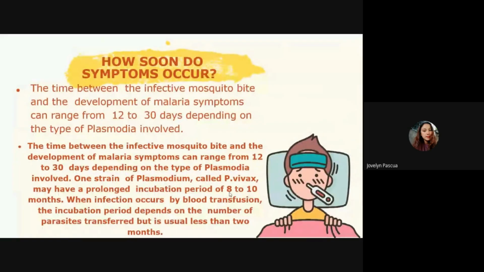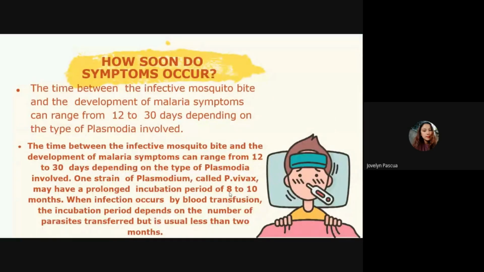The Plasmodium vivax, this is the isang species ng malaria parasite na typically nag-infect sa humans. And ito rin is isang protozoal parasite na nagsasanhi ng pagkakaroon ng sakit ng isang tao. And yung incubation naman na sinasabi is yung time between sa mosquito bite tsaka yung simula ng sintomas. When infection occurs by blood transfusion, the incubation period depends on the number of parasites transferred but is usually less than 2 months. Yung symptoms ng Plasmodium vivax is hindi agad-agad makikita sa